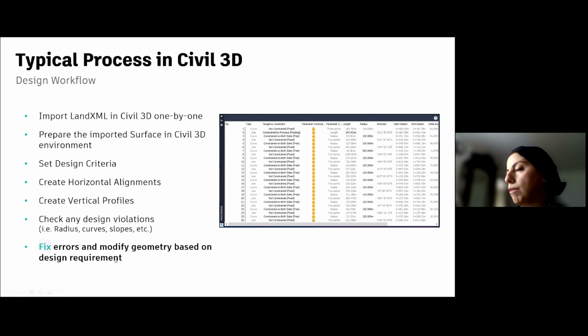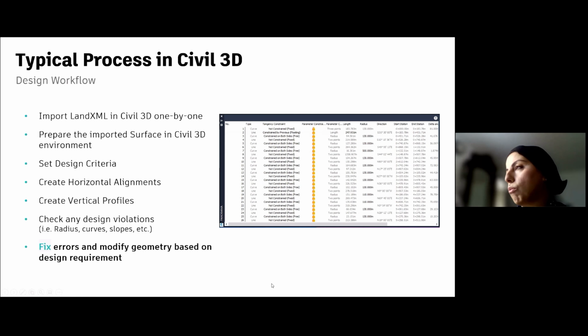So all the violations, all the warnings, as you see, there's yellow warning. We go to the geometry. We modify the geometry. And we modify if we need to have like larger radius, we need to have larger curve length, or we need to fix any. We need to have, like, for example, recently we were dealing with huge turbine blades, which need K value to be more than 28.